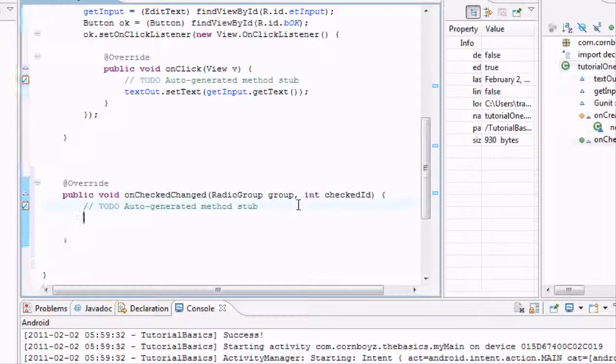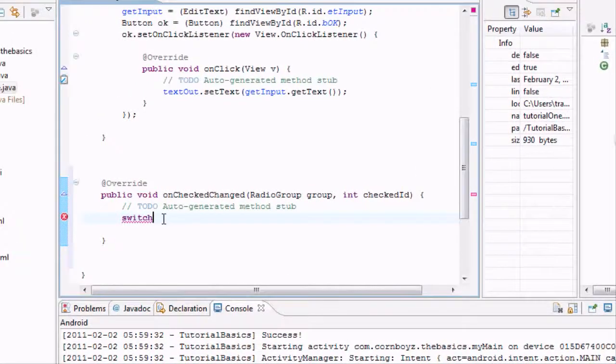So now we need to set up what we want it to do. We could say, if radio button left is clicked, then we do this. Basically there's an easier way than writing out 10 if statements or 3 if else statements, and that is a switch and case. So we're going to do switch. Whatever we set up in our switch, it's going to check for that. And then our cases are going to be if